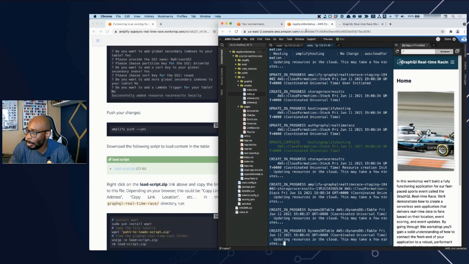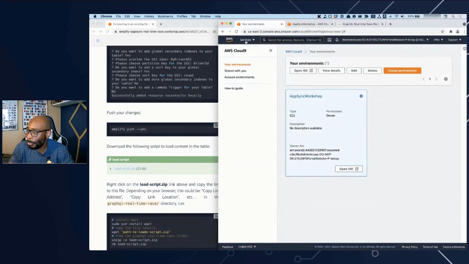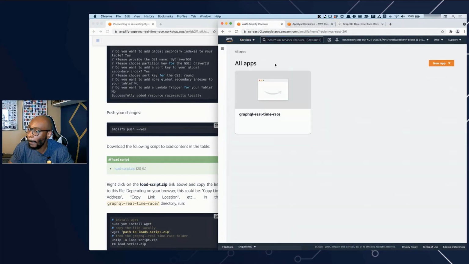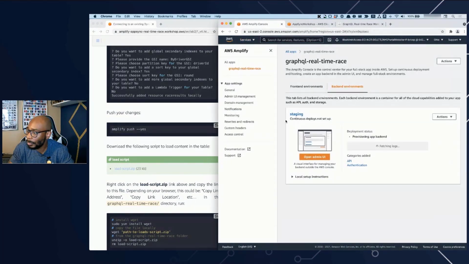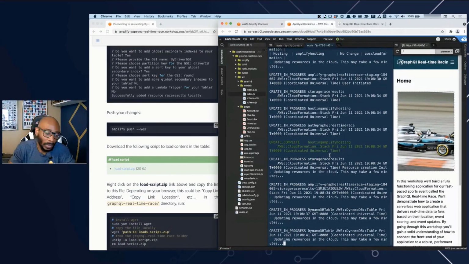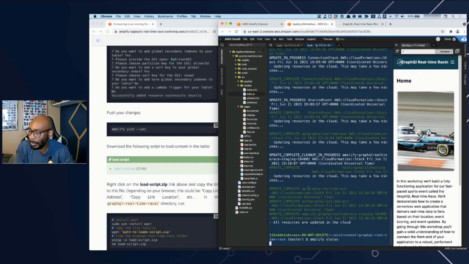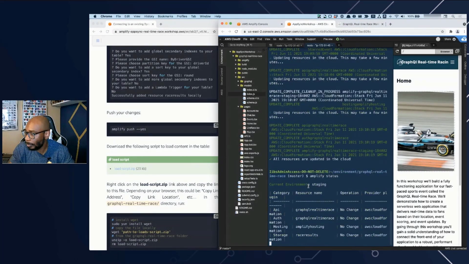Okay, so that's going on. While that's going on, I'm going to come in here, AWS Amplify. Okay, so let's give this a couple of minutes to deploy. Okay, it seems like we're just about done. So let's just do an Amplify status here. And you can see we've got our